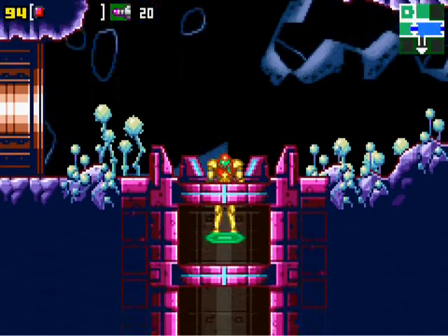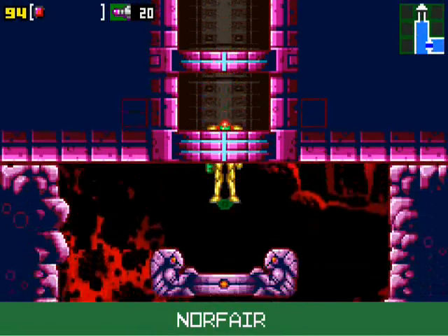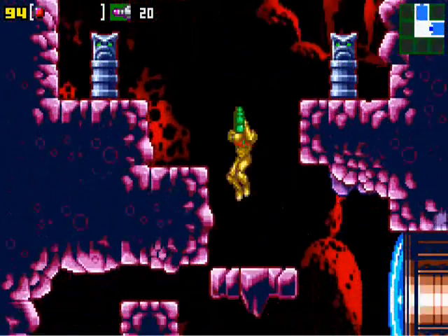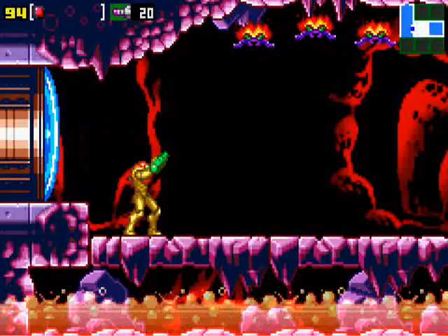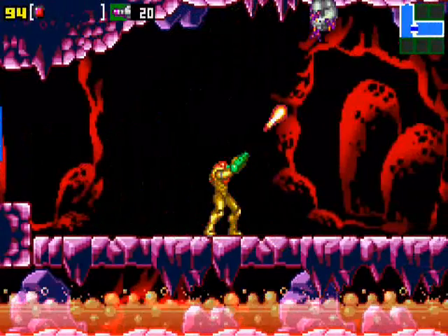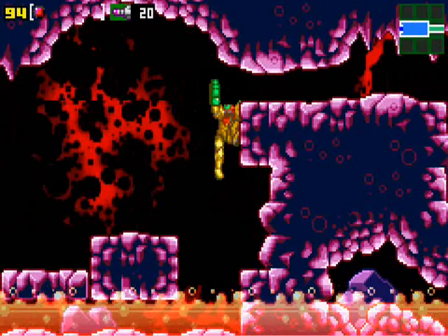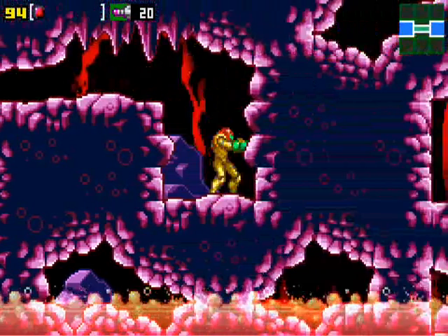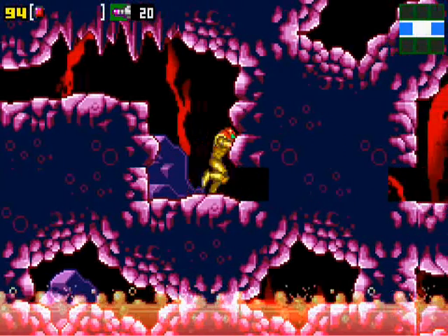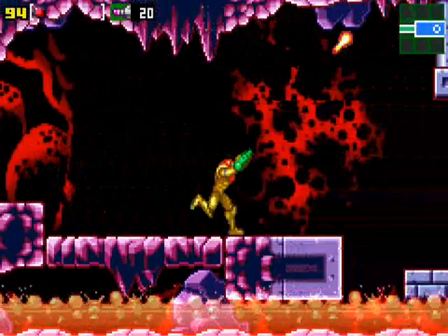So now that we have the power grip, there's a few things we can do. Yeah, the power grip actually is pretty good, because now we can... Oh, okay, so you have to push up instead of left. Wow. So you push up twice, I guess. I don't know, it wasn't working for me once, but...